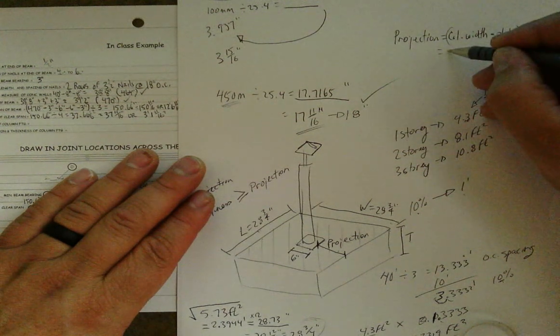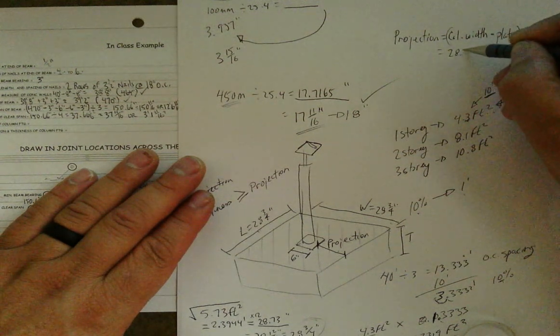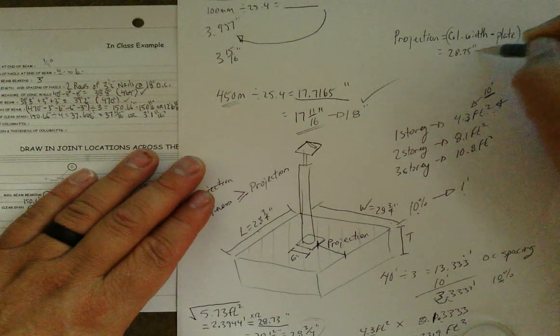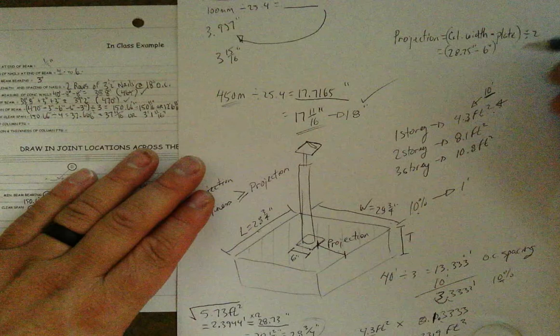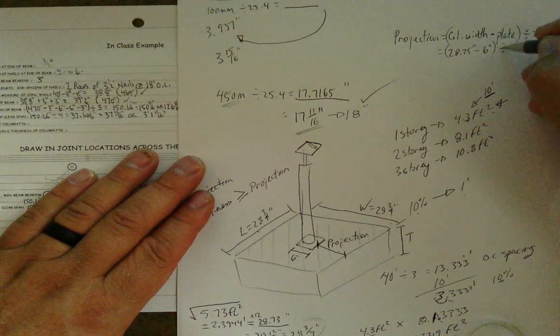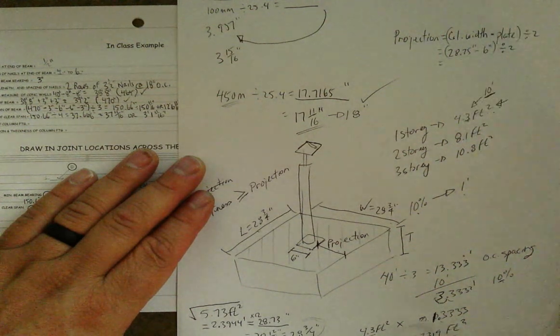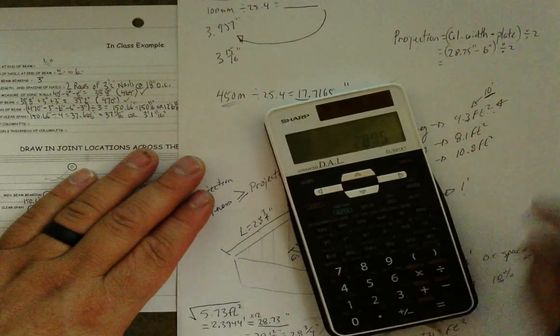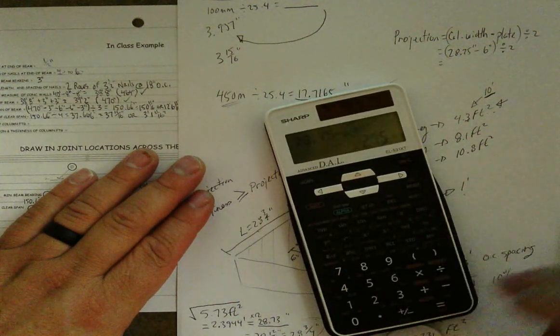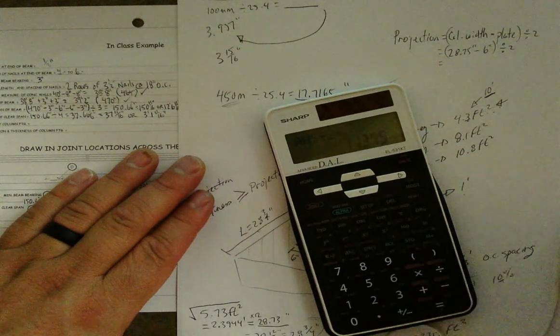So the column width in this case is 28.75 minus the plate, which is 6 inches, and then we divide that by 2. So 28.75 minus 6 divided by 2. That gives us